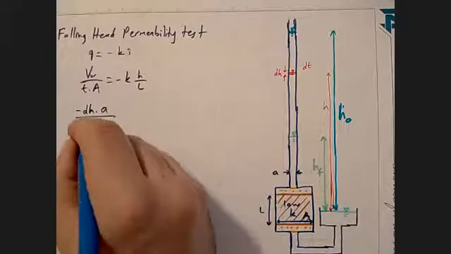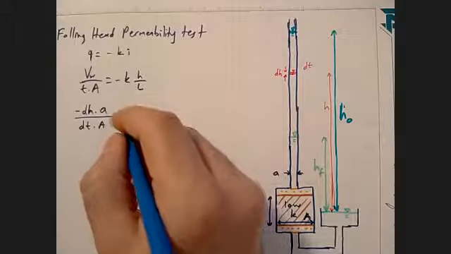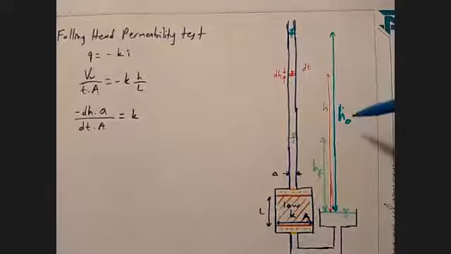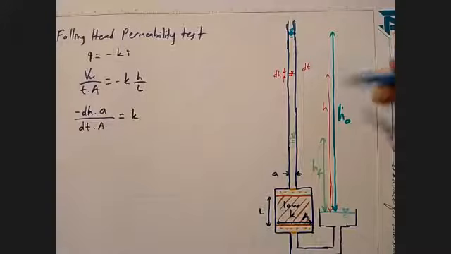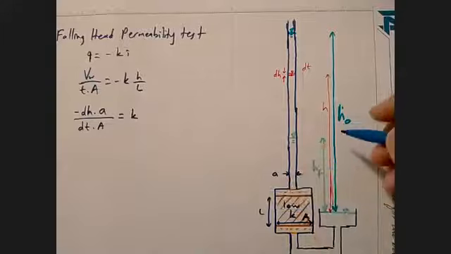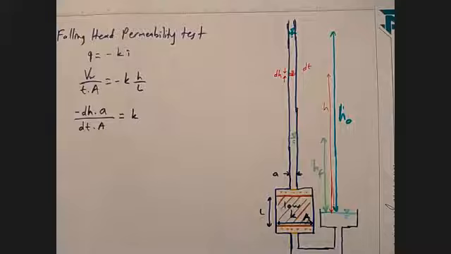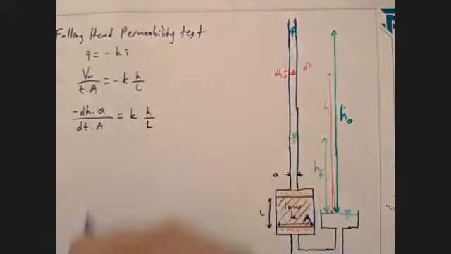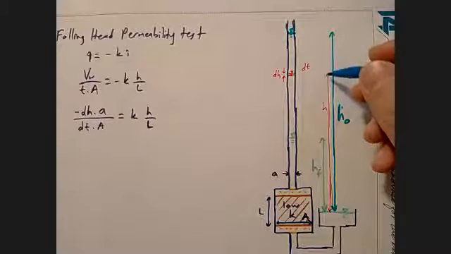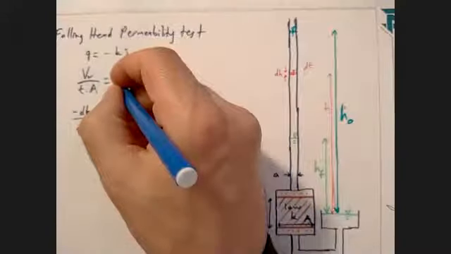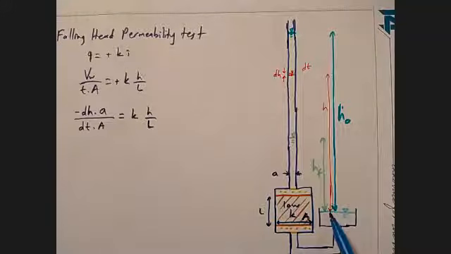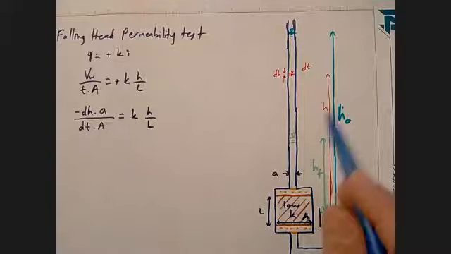Divide that by, instead of t, I have now dt times big A is equal to k times, again, for hydraulic gradient, I'm going to be writing H over L. But actually this implicitly has its minus, so I'm just going to put these pluses because this H is lower on the bottom side, so let's not confuse that sign convention. So anyway,